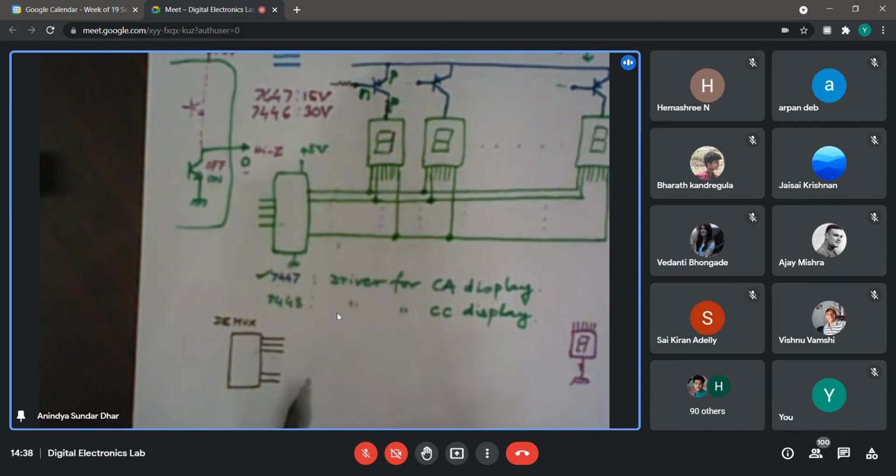Maybe we can connect them to the base of the transistors. So you can connect this side. Where will you connect this input side? Maybe you can connect it to 0. Okay. So at no point of time will you be connecting it to 1, right? So you are not changing the input data actually. So what are you expecting? You are expecting only a single 0 over here at any particular time, depending on the select lines.